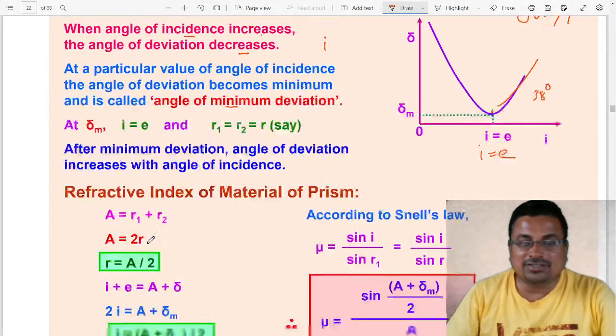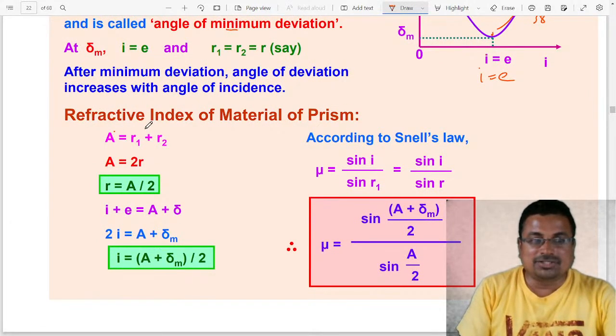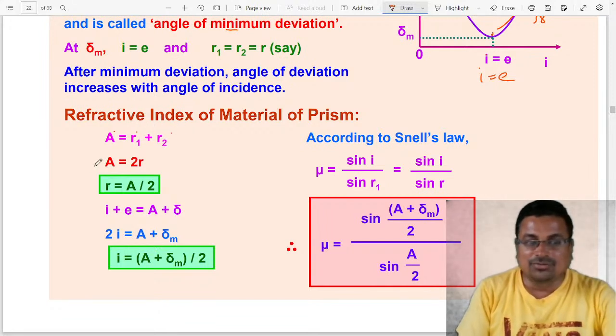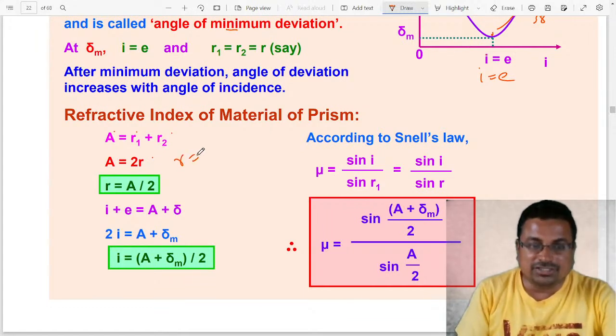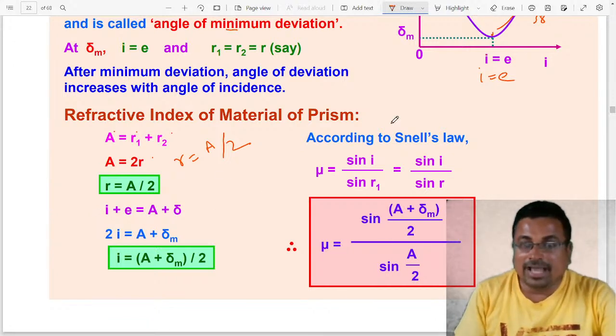So here, the refractive index of the material of a prism, the angle of prism is equal to r1 plus r2. So A is equal to 2r. If we rearrange this, we keep 2 in the denominator. So just now we got the sum equal. So when at the angle of minimum deviation both are equal,